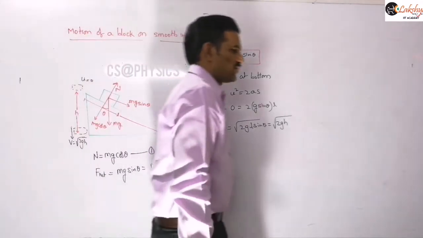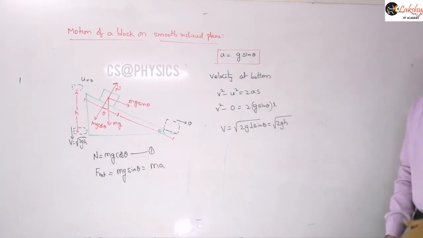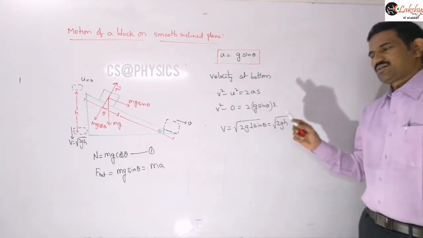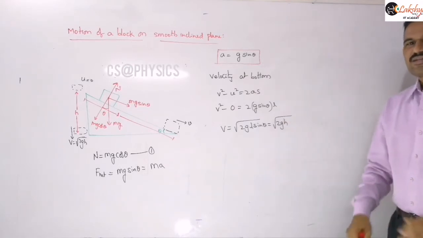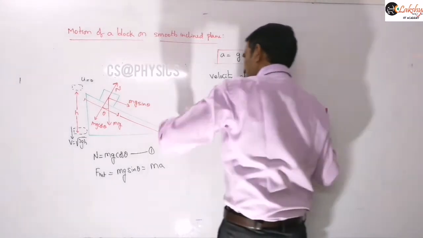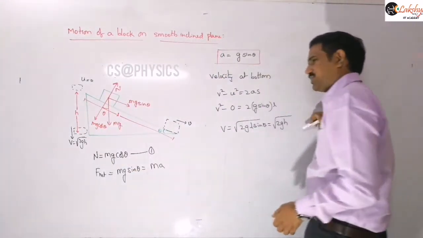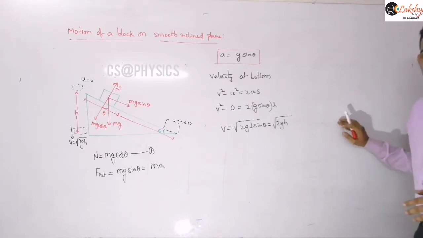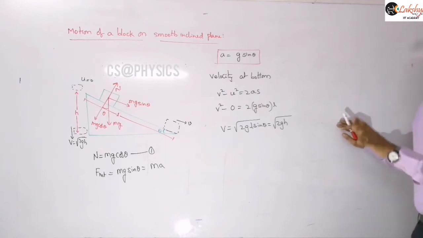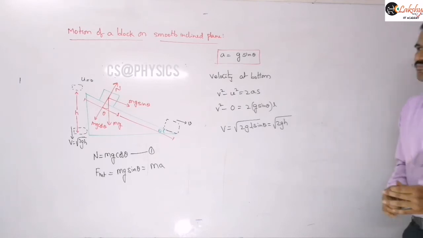Next, suppose you want to calculate that, later after completing work, power and energy, you can answer that easily, because the change in potential energy is the same whether it is traveling along this direction or this direction. Whatever the loss of potential energy is, it is simply converted into kinetic energy, so you will get the same speed. We will discuss that in terms of energy in the work, power and energy topic. Here we are discussing in terms of force and acceleration, right?